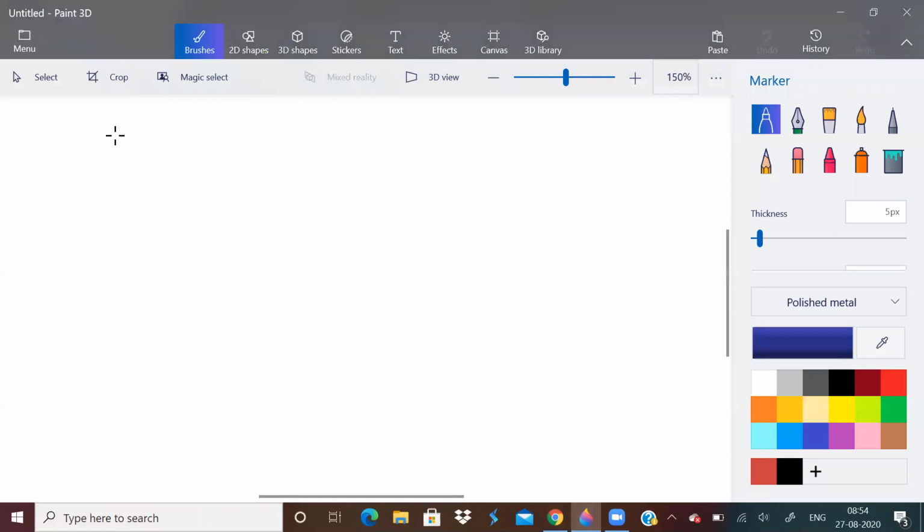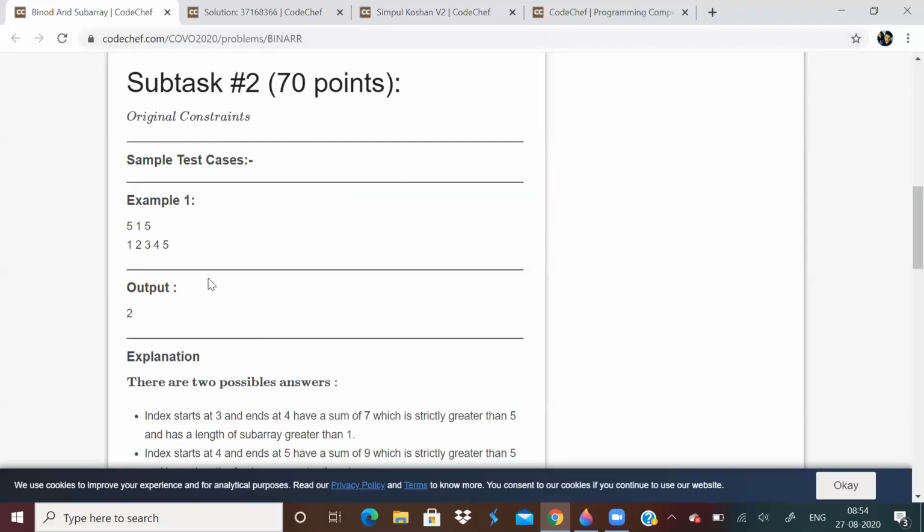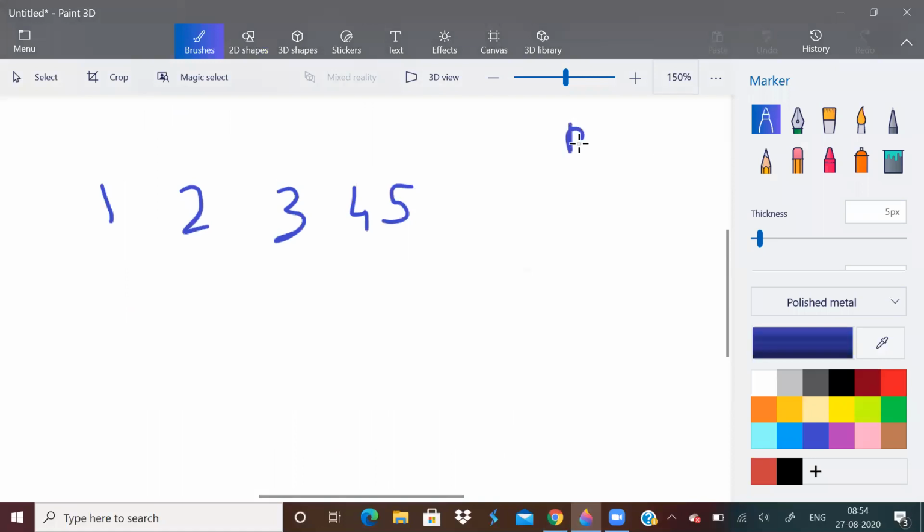Very easy example. Let us say the array is 1, 2, 3, 4, and 5. And k value is given as 1. So k is equal to 1 and s is equal to 5.